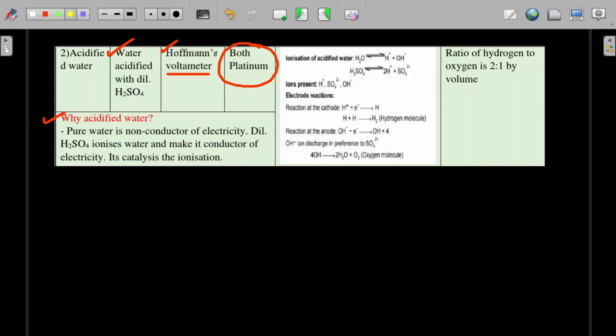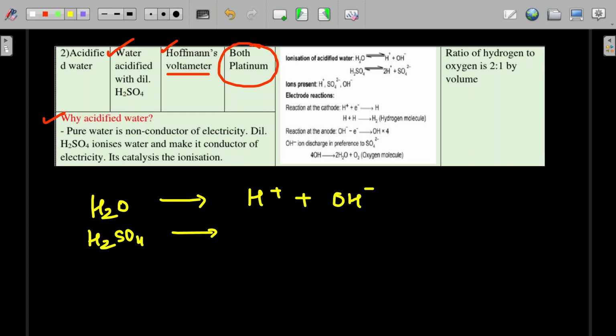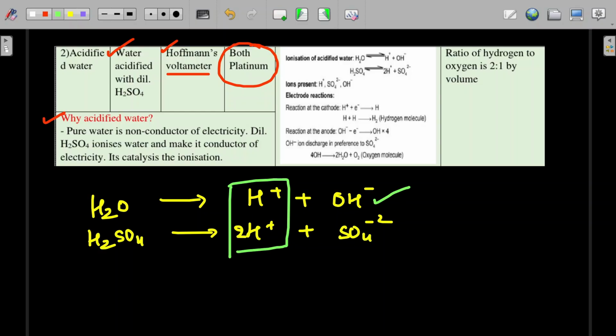Okay, observe here what you have in the electrolyte. Water we have, and sulfuric acid, even though a small amount, but it is there. The water will give H plus and OH minus. Sulfuric acid gives H plus, SO4 2 minus and 2H plus here. So there is no competition for H plus. H plus will go towards the cathode and get discharged as hydrogen. And between hydroxide and sulfate, hydroxide will get preferentially discharged